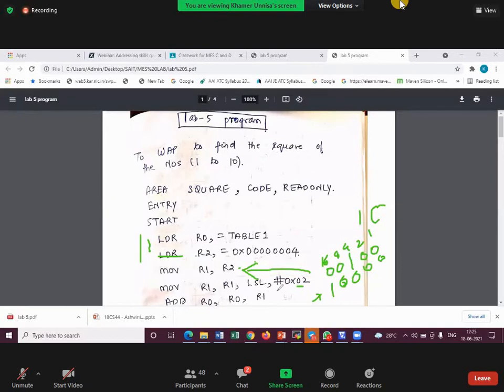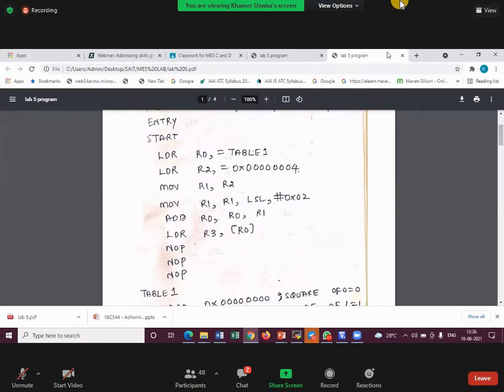16 now, correct? So the logical operation, whatever is happening on R1, is again stored in the same R1 itself. So R1 will now have the number 16. Now adding, if you can see over here, what is there in R0 and R1. R0 has some address, correct? Because whatever numbers I'm storing in table 1, memory will allocate one particular address to them. So R0 will have the address.